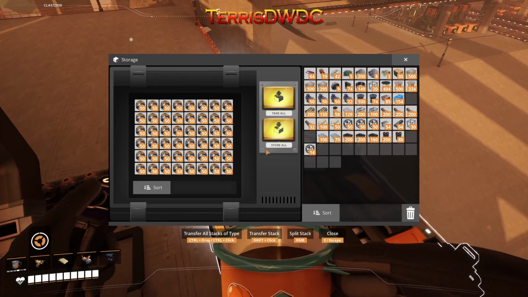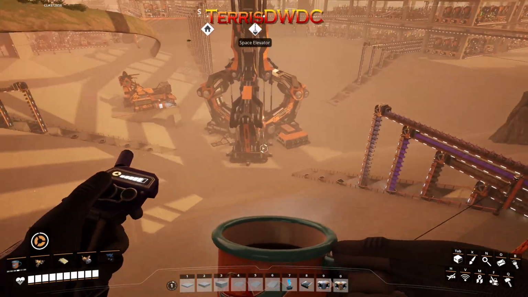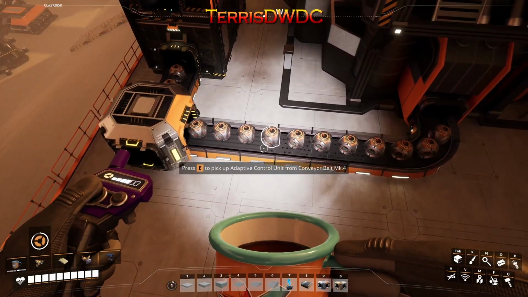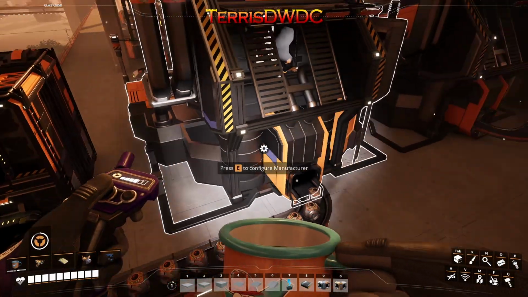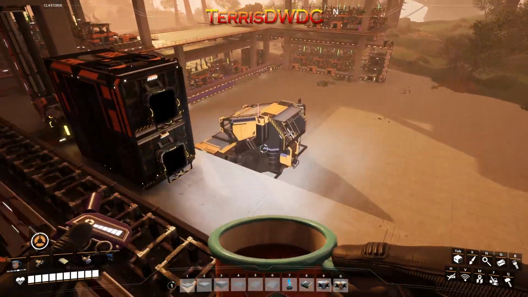And I still made sure that our adaptive control units are operating. I don't think we're using them for anything. They're just kind of sitting here because we're already done that part of the awesome sink, but I can't remember if they're needed later on. So they're just kind of chilling here until we figure out what we're doing with them. But then coming over here,